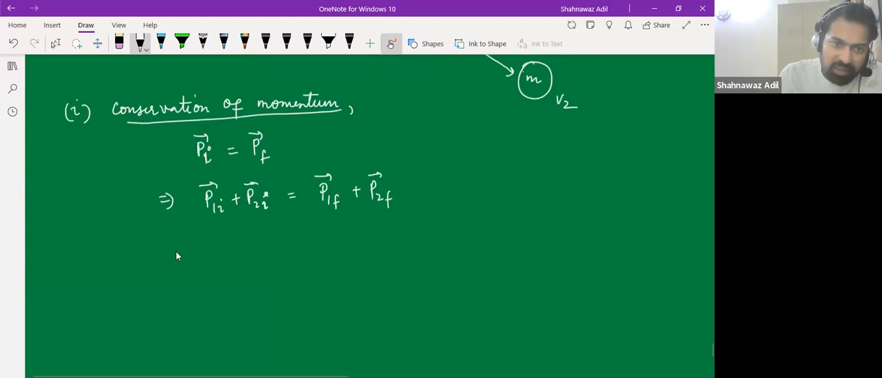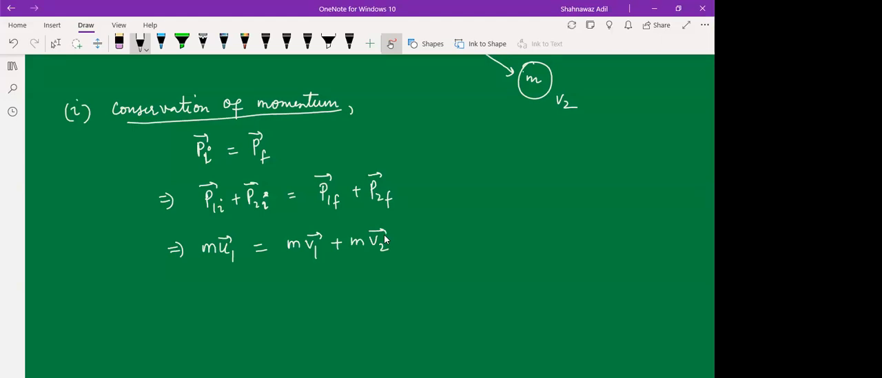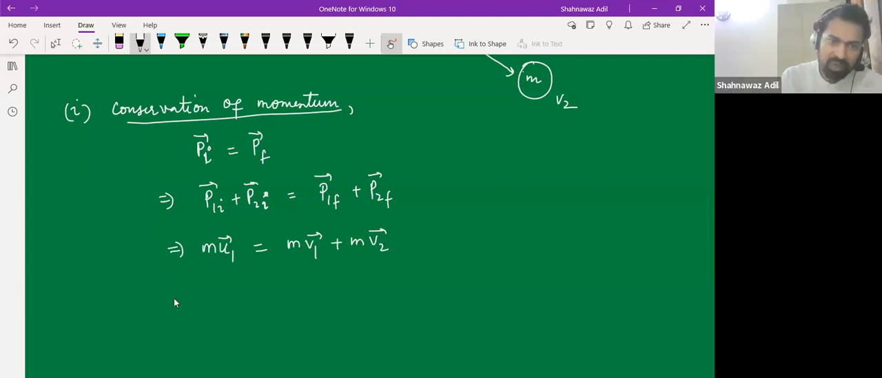And now the masses are equal. So this is m u1, right? And this is m v1 plus m v2. Is this correct, everyone? Is this correct? Yes, sir. Okay, so if I take